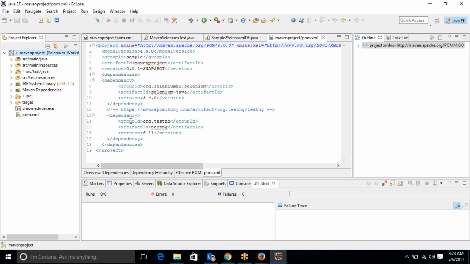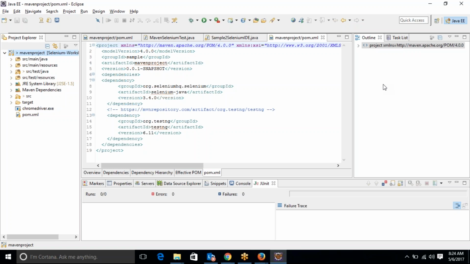And where to add the dependencies? It's inside the dependencies tag. Inside dependencies, you have to add each and every dependency, just the way you have. But it is already there, the thing which I'm showing on the screen. Then you have imported the project successfully, Priyanka. Yes, I can see that. Okay, after adding the dependency,